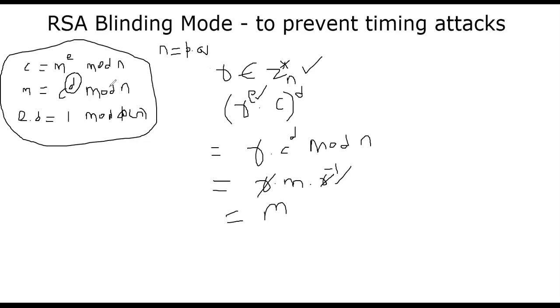all we are doing is, before doing the regular decryption, we generate a random number R. We compute R power E first, and then apply the R power E times C power D, which means the regular decryption. And E and D will cancel out because E times D is 1 mod phi(N). So what you're left with is C power D mod N, which is nothing but M, because we already proved that. So R and R inverse will cancel out if you multiply it with R inverse, and therefore we get M back. Okay, so this is basically the idea of blinding mode,